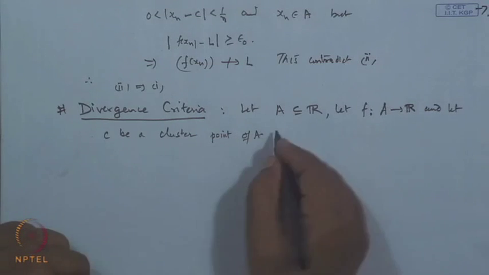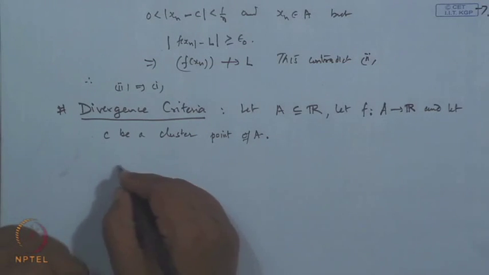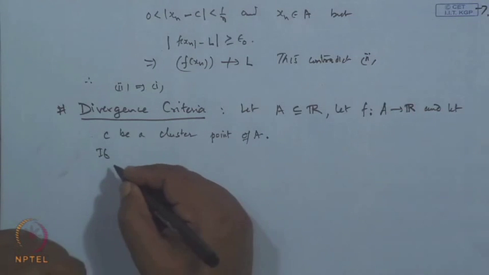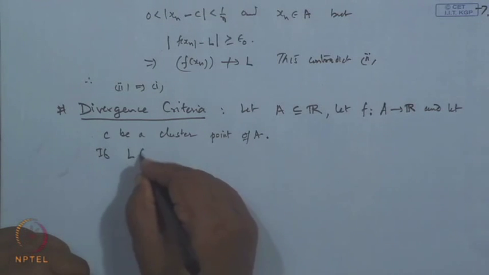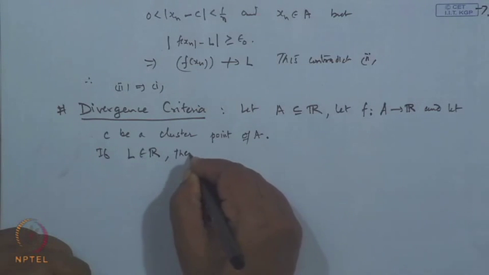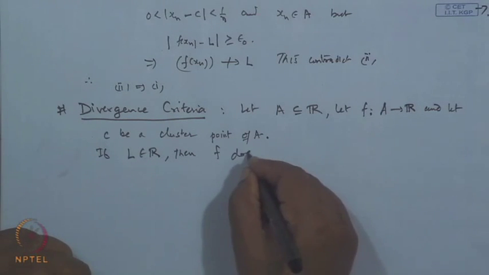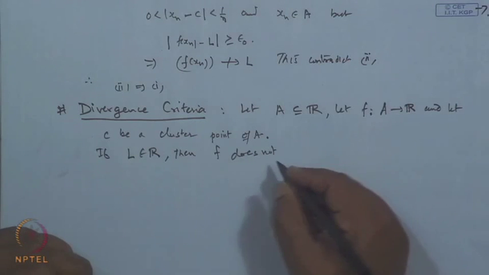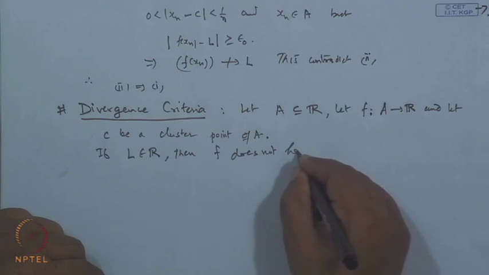Then the criterion says, if L belongs to R, then f does not have limit L